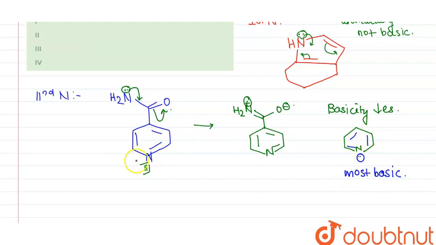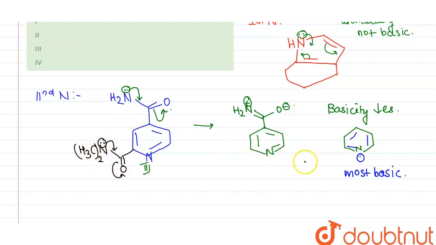Now the fourth nitrogen which is present here is this. Here it will be C double bond O, here it will be N(CH3) whole twice. Now here it will increase the electron density. These CH3 groups will increase the electron density on this nitrogen, but it won't donate as it is involved in conjugation with this oxygen atom here. So this nitrogen atom will also not be that basic.